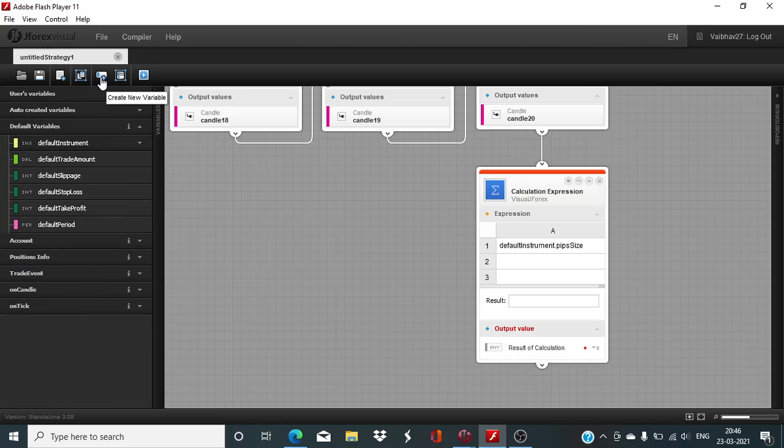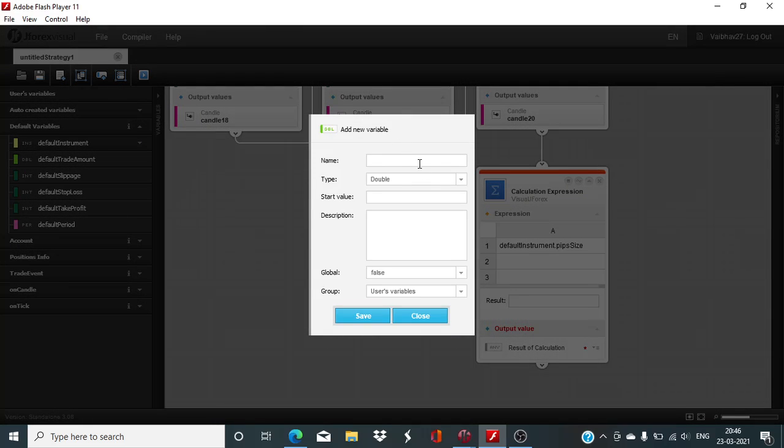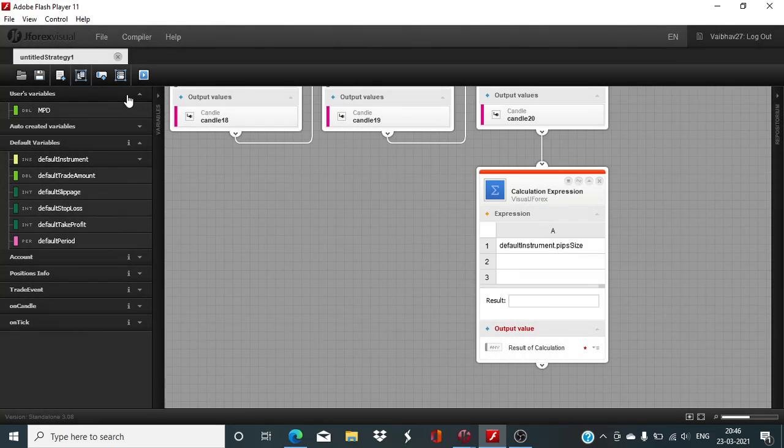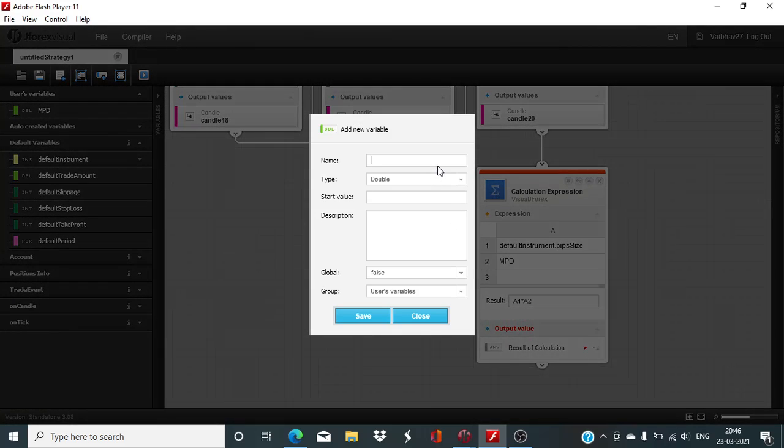So I will have to create a new variable, and it will be named minimum pip difference, and it will be 7 pips. Okay, this will be A1 into A2, and we will name it minimum requirement. Okay,